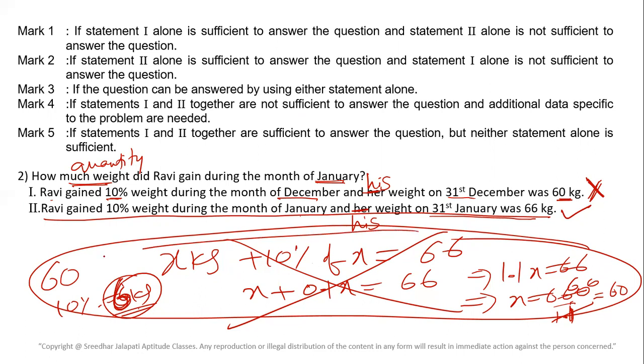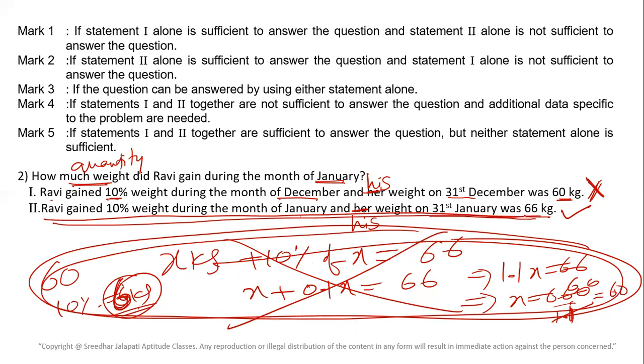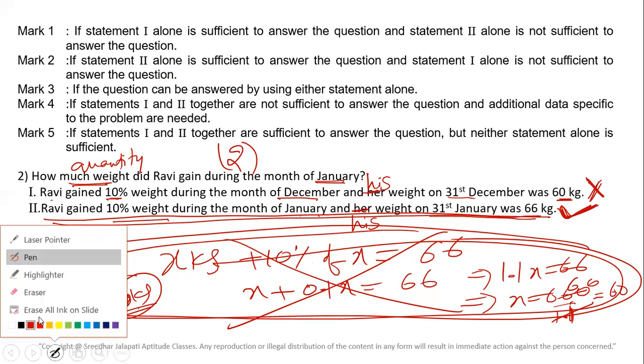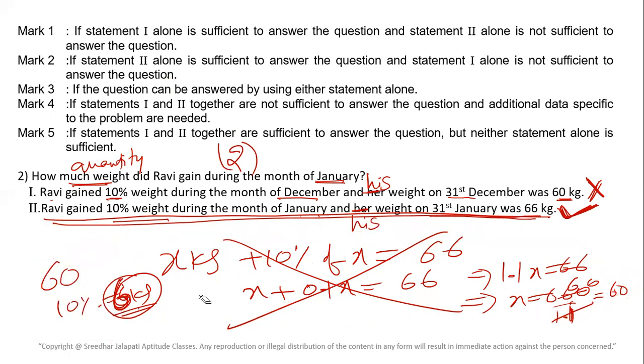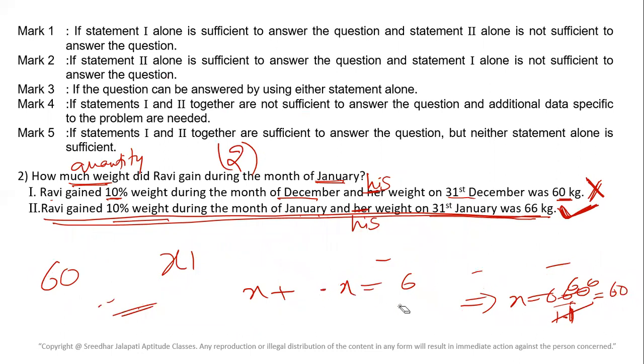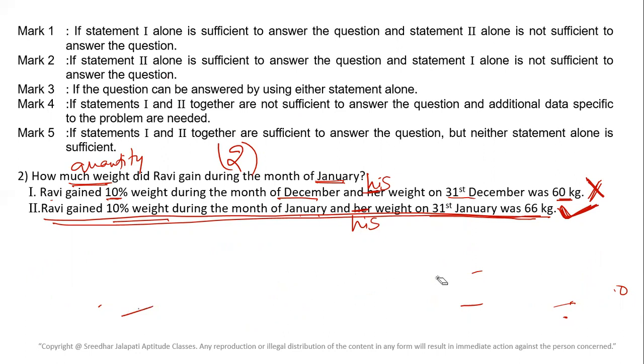All this, tell me, is this calculation really required? No. The second statement clearly gives us how much weight he gained in the month of January. So without calculation, we can say that second alone is sufficient to answer. Therefore, answer option 2, 2 alone is sufficient. Yes or no? So from this question, I just want to tell you, in most cases, you don't even have to calculate clearly. You don't even have to find the solution exactly. If you are just in a position to decide that yes, you are going to get it, that is enough.